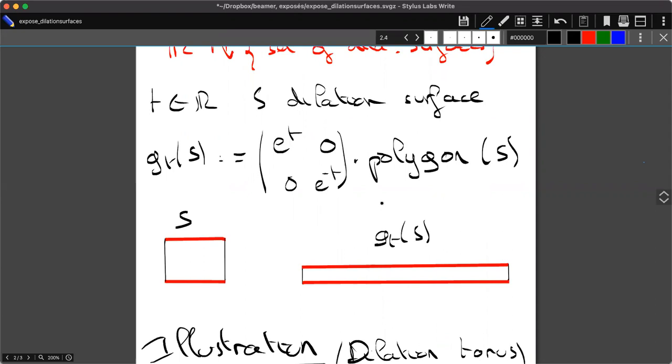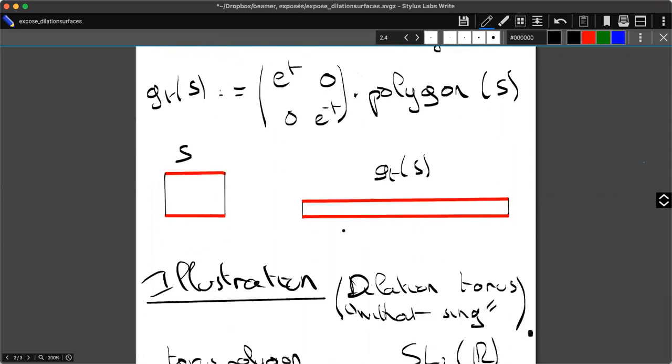Okay, and so this gives you an action of R on the set of all dilation surfaces. And actually, it looks like it's completely trivial because if you have a polygon, you can look at the image of it by such a matrix and you will just recover something very thin, very long, whatever is the polygon at first. But don't forget that you have this cut and paste operation. And maybe you have a very complicated way to cut and paste back this very degenerate polygon to make it somehow normal. So that is not completely trivial because of this cut and paste operation that I mentioned before.